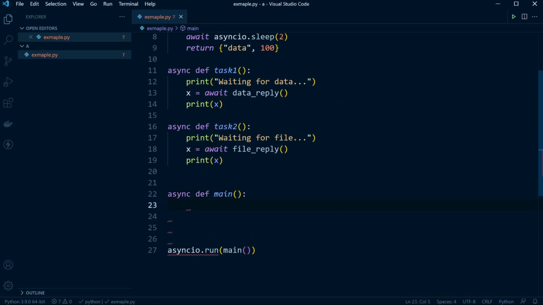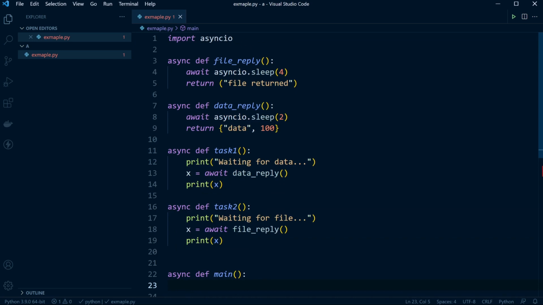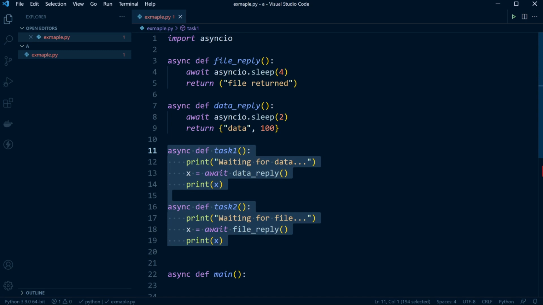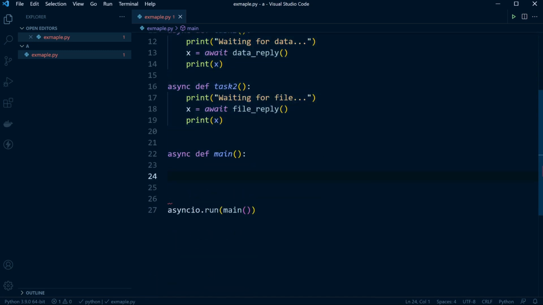Okay, so now what we're going to do here is use some other tools. We've got 2 tools that we could utilize here. So we can start both tasks potentially at the same time, so we could try and run these tasks concurrently. So let's have a look at this. Let's go for x